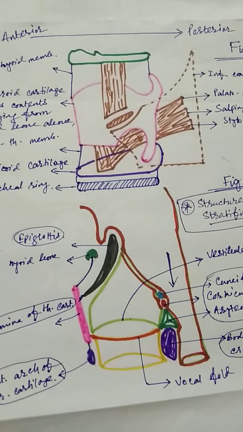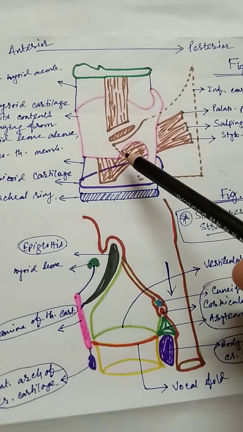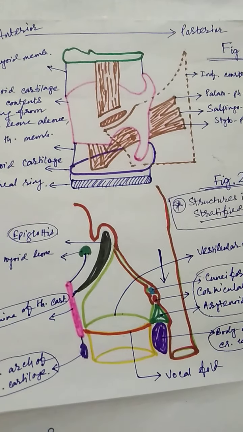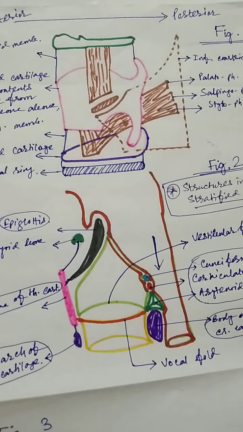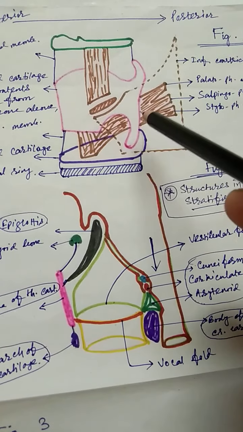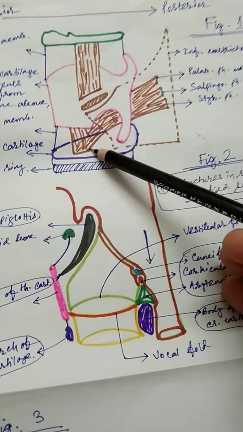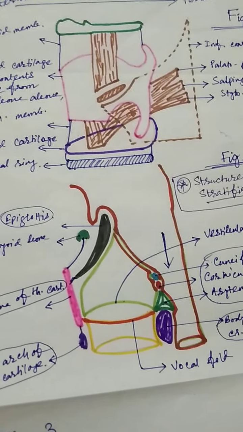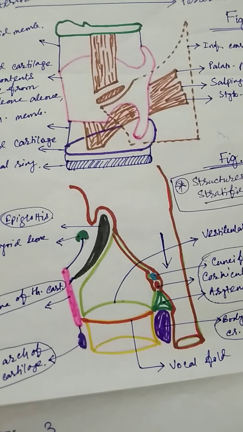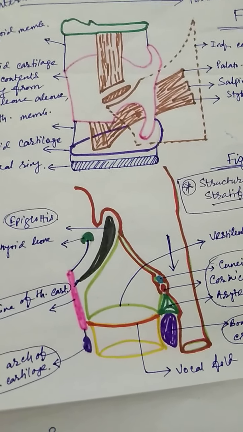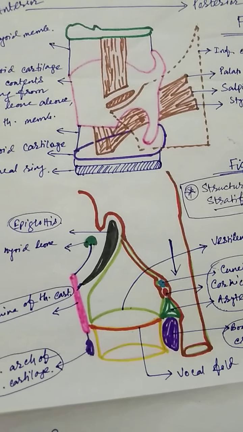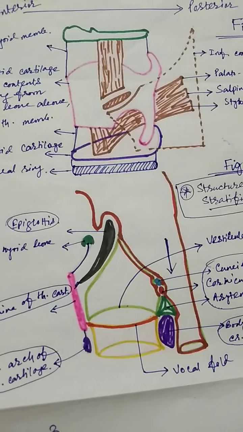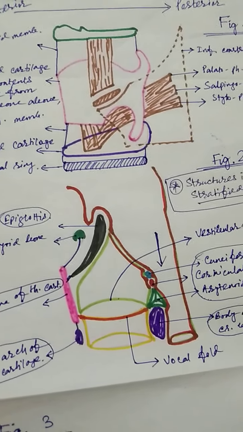Second condition, if the one-sided recurrent laryngeal nerve is cut along with injury to the external laryngeal nerve, that means all the muscles, including the cricothyroid of that side, are paralyzed. Because of this, that sided vocal fold will be abducted much more, and the patient will not have any difficulty in respiration, but the patient will have severe hoarseness of the voice.